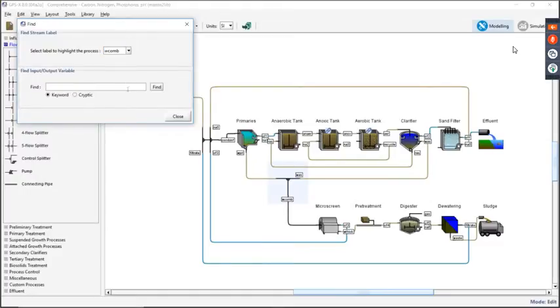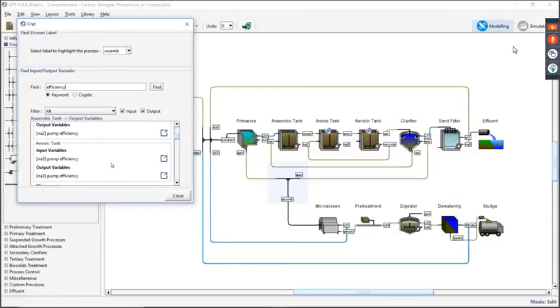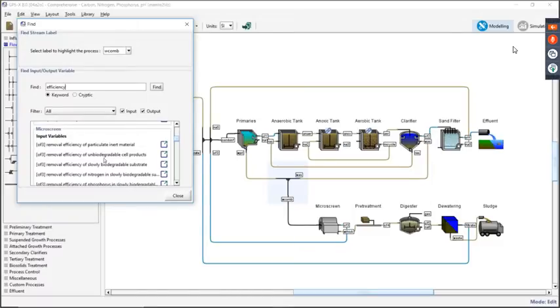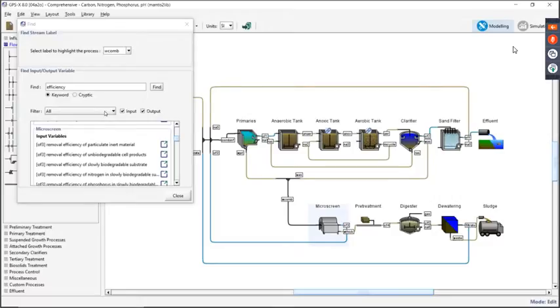Or I can search for a particular parameter. For example, if I wanted to set the efficiency of the removals in this microscreen, but I can't remember the details of it and what I'm looking for, I will look here, and this gives me a list of all the parameters in this GPSX layout that have the word efficiency in it. When I find the one that I want, I click on this button, and it takes me right to that menu. So it's a nice handy way to navigate to the things that you're looking for. For those of you who do some GPSX customization and use those cryptic variable names as part of your code, you can also search directly for cryptic variable names as well.